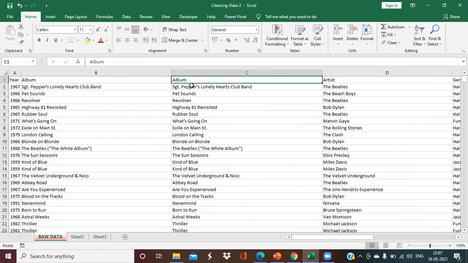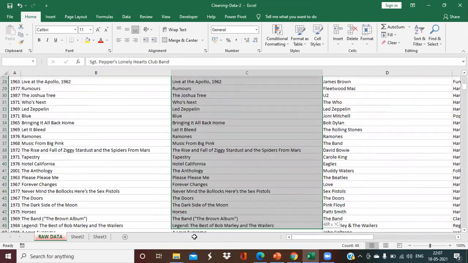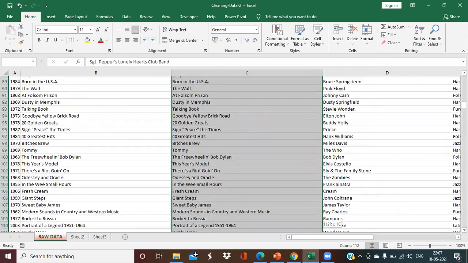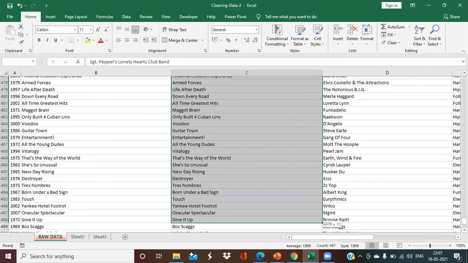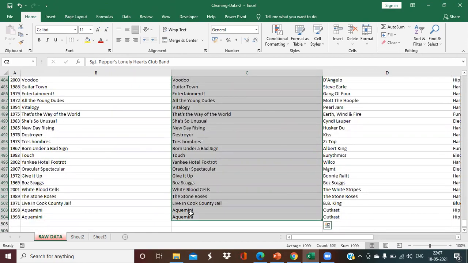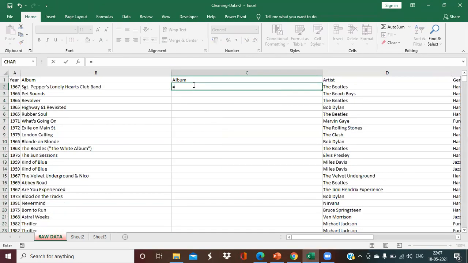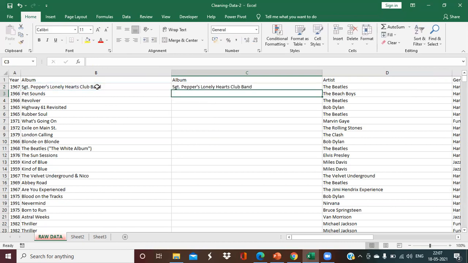So you create a copy of this column, and remove the data from this column. Now to remove the leading and trailing spaces, you can use the TRIM function. Select TRIM, apply the address of this cell, which is B2, close the bracket, done. If there are any leading or trailing spaces, they will be removed, very simple.